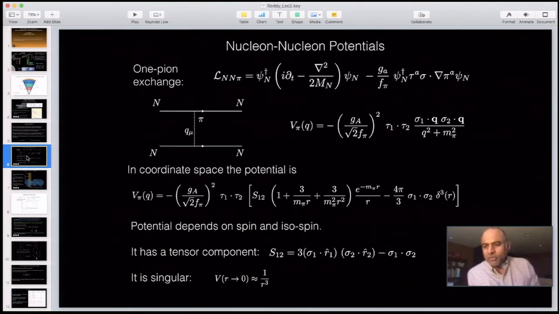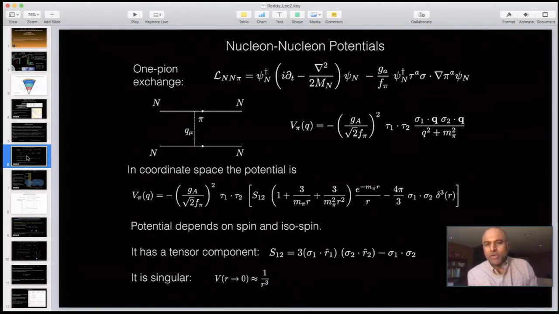So if you were to just take this potential and try to solve the Schrodinger equation, which we would like to do to describe, say, the scattering between two neutrons or the binding between two neutrons, a neutron and a proton, you will immediately encounter infinities. So you cannot solve the Schrodinger equation directly by putting in this potential. So that's a really interesting